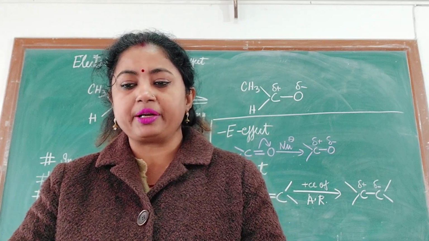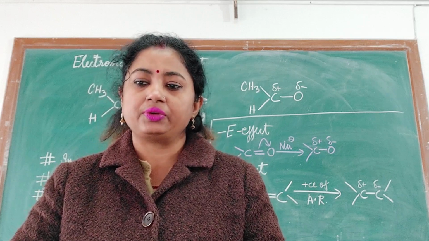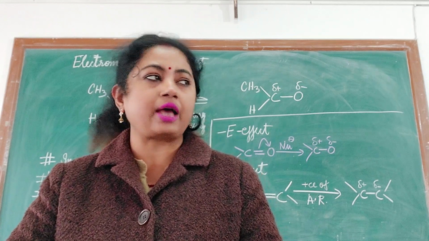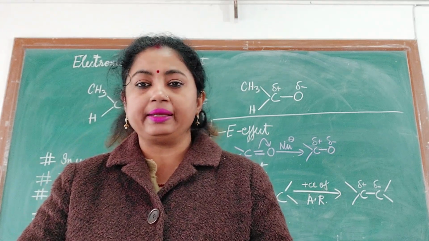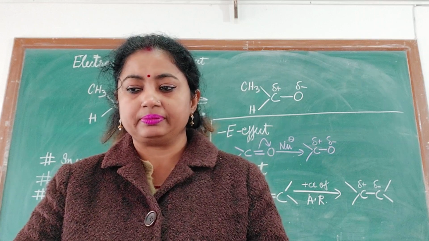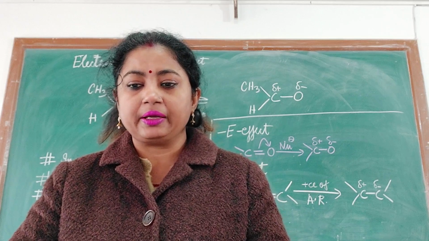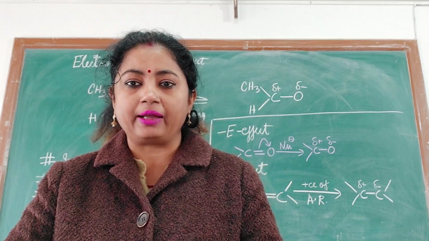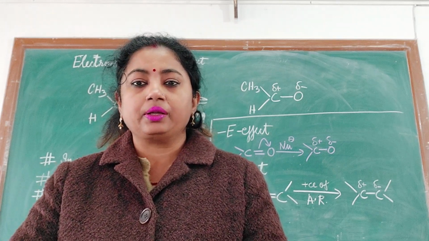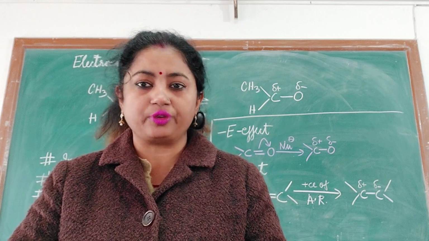It is a temporary effect and is effective only in unsaturated hydrocarbons and takes place in the presence of an attacking reagent. Full stop. The complete transfer of pi electrons towards